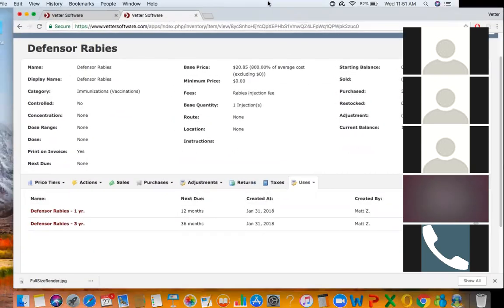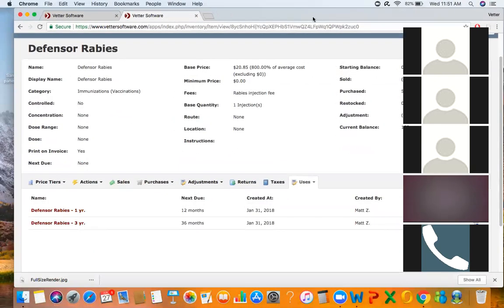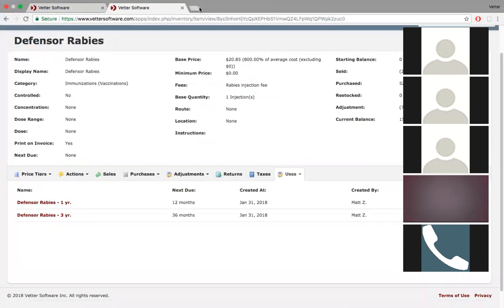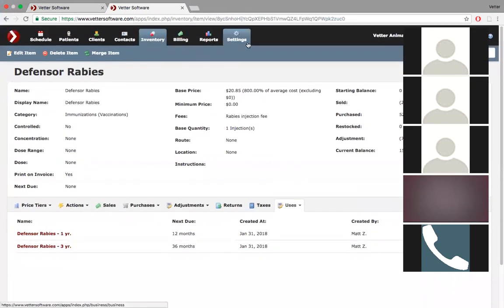Let me pause really quickly. Question: what is said in the email that is sent to the client for a reminder? Well, it is a default, and you can email yourself. You can take a look. It's a default reminder. It just simply says,